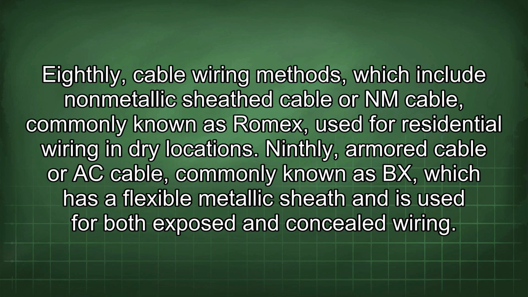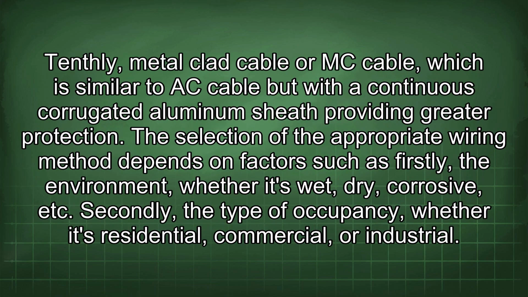Eighthly, cable wiring methods, which include non-metallic sheathed cable or NM cable, commonly known as Romex, used for residential wiring in dry locations. Ninthly, armored cable or AC cable, commonly known as BX, which has a flexible metallic sheath and is used for both exposed and concealed wiring. Tenthly, metal-clad cable or MC cable, which is similar to AC cable but with a continuous corrugated aluminum sheath providing greater protection. The selection of the appropriate wiring method depends on factors such as, firstly, the environment, whether it's wet,